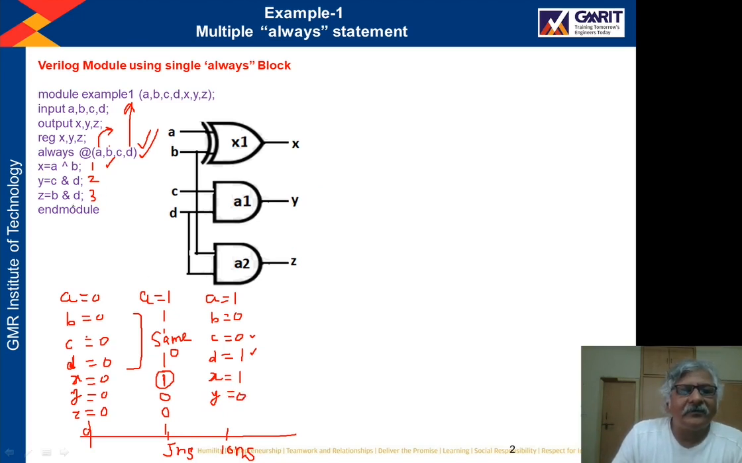Now statement 3 is B and D. So B is 0 and D is 1. So B and D is 0. So the value of Z will be 0. At 5 ns also, here you can see the value of Z is 0, and now at 10 ns also it is 0. So in this way, this code will model this particular circuit, and